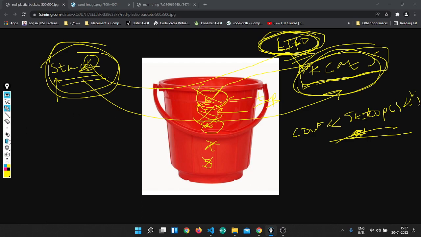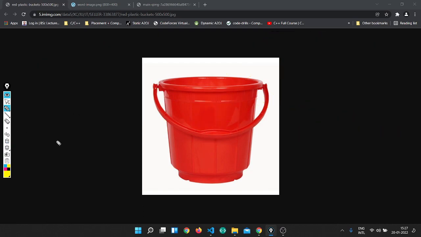Okay. So with this, we wrap up our very basic introduction of stacks. In the upcoming videos, we'll be discussing how we implement a stack using arrays. First we'll discuss how to implement it using an array, and then further we'll see how we implement it in a more efficient way, which is using a linked